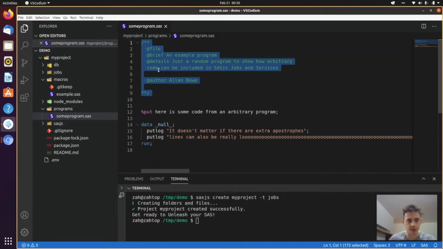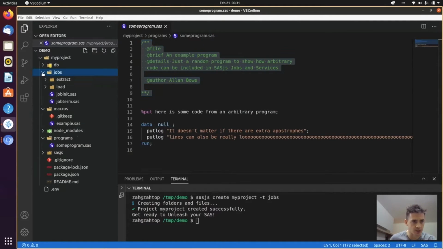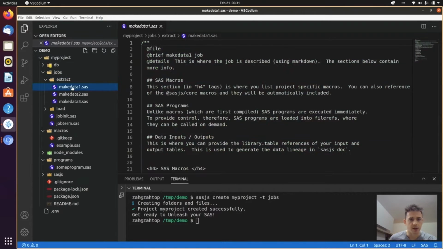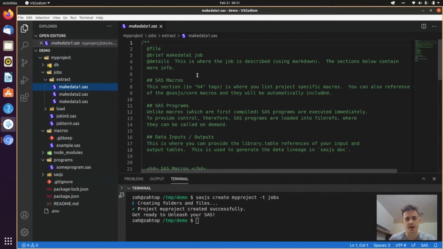And what you may also have noticed is these headers. So I'll also go down to a job, and you can see these have also got the same headers. So every SAS program in a Sasjs project doesn't have to have, but it should have a header styled like this. And this isn't a Sasjs standard, it's a Doxygen standard.